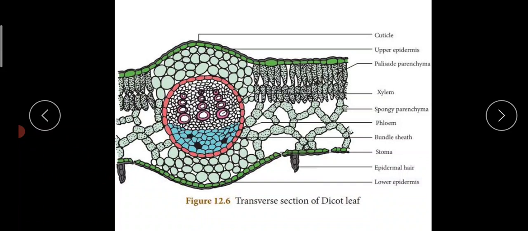Okay. And then comes the vascular region. In case of leaves, you can see the midrib of a leaf, and a lot of veins and veinlets can be seen through a leaf, and these are the vascular system of a leaf. So the midrib, veins, and veinlets constitute the vascular or the conductive elements of a leaf.